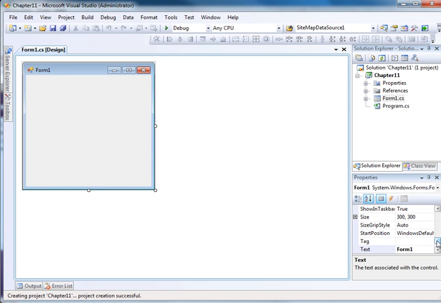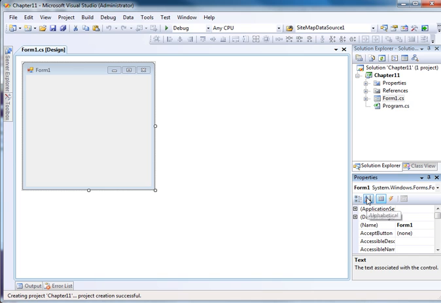The first thing we want to do is change the name of the form. So if I go up here, and by the way, you can look at these alphabetically, or you can look at them in categories. It's whatever is up to you. Alphabetically is usually a little easier to find. Okay, so the name usually starts off with FRM. Now, the textbook may have a different name or a different way to do this, but FRM usually designates a form. So let's call this FRM